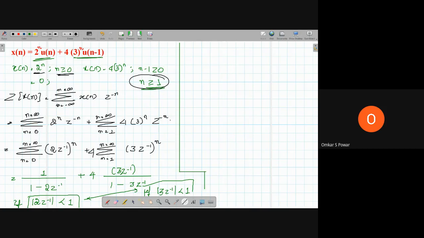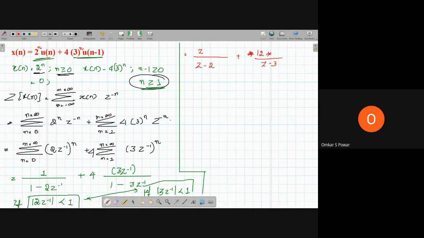Okay, so let me write this one here so that it will be easy for you when you read it. So further, how can I simplify this one? Let's concentrate only on the z transform now, then we will go to ROC. So multiply and divide by z, both numerator and denominator. Left hand side I will get z by z minus 2 plus 4 into 3 is 12. So let me write 12 into z to the power of minus 1 over 1 minus 3 z to the power of minus 1. I'll multiply and divide numerator and denominator by z. So we will get 12 by z minus 3.